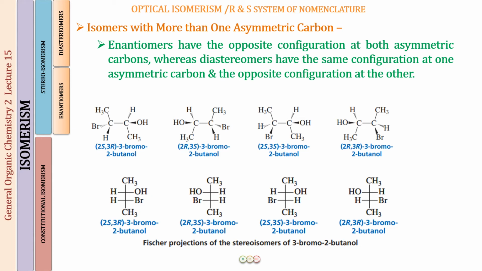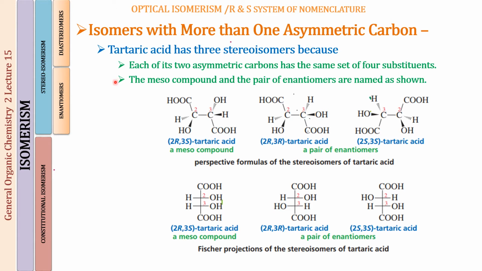Okay, so now you will understand with one more example where you are going to see a smaller number of stereoisomers. The next example that we will be seeing is tartaric acid, and tartaric acid is one example that we have been discussing in all the lectures of optical isomerism. This is one compound that is very important when we talk about optical isomerism. In the last lecture, when we were talking about the center of symmetry, I showed you the models to make you understand the pair of enantiomers for tartaric acid and the meso compound. In the meso compound, while we were talking about the plane of symmetry, you saw that this meso-tartaric acid has a plane of symmetry. That is why we say it is optically inactive.